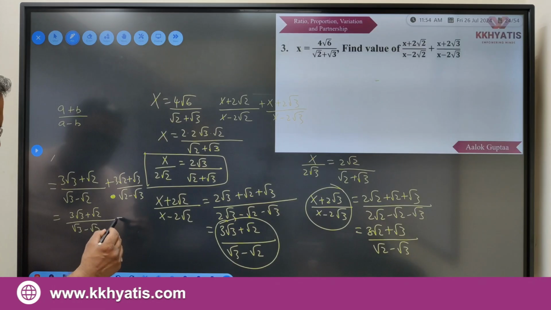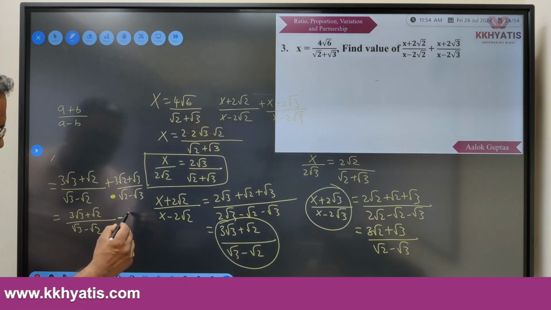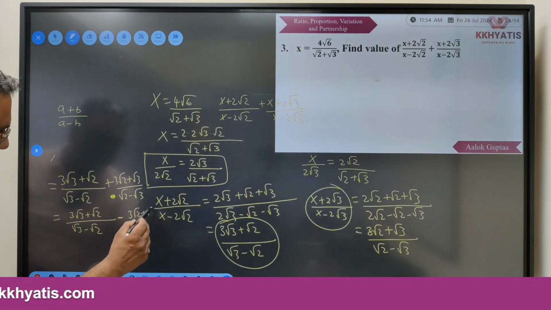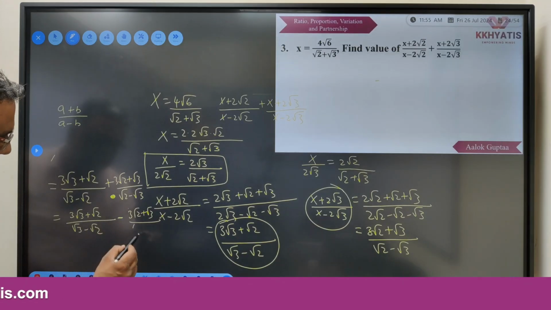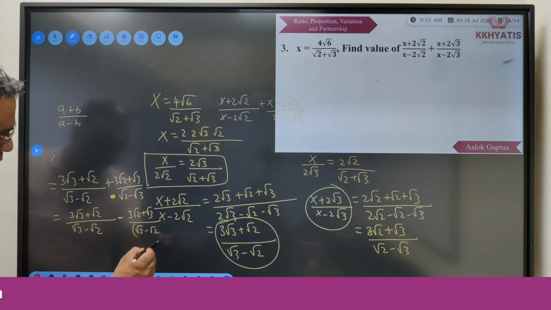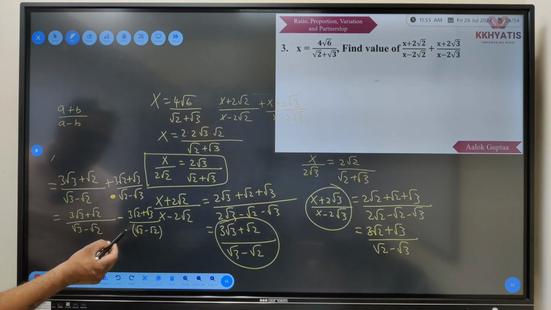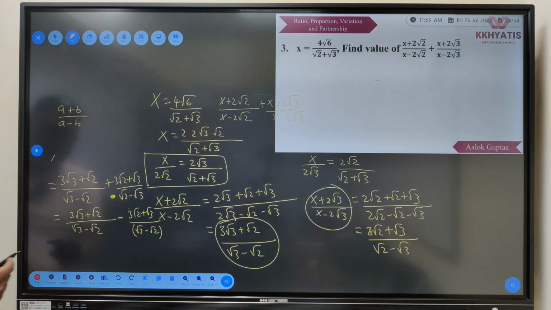I take minus common here. So 3 root 2 plus root 3. And if I take minus common here, this will become root 3 minus root 2. If I took minus common here, minus into plus, it became minus here. Now I can